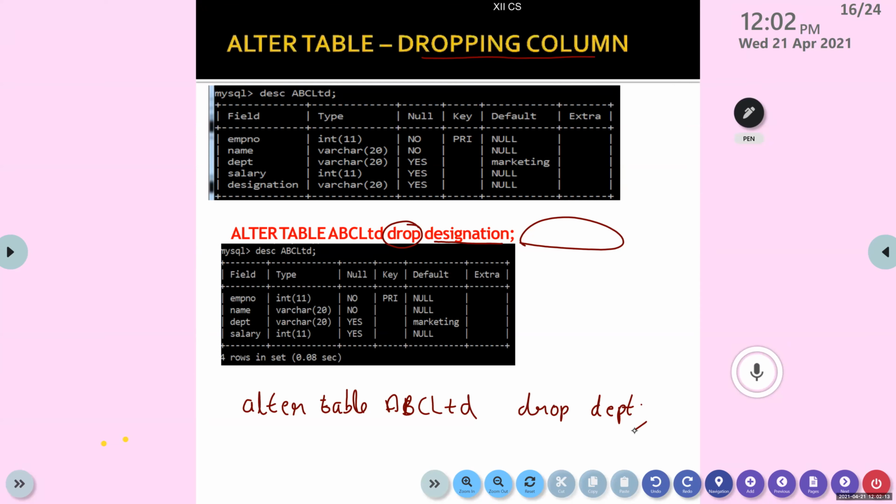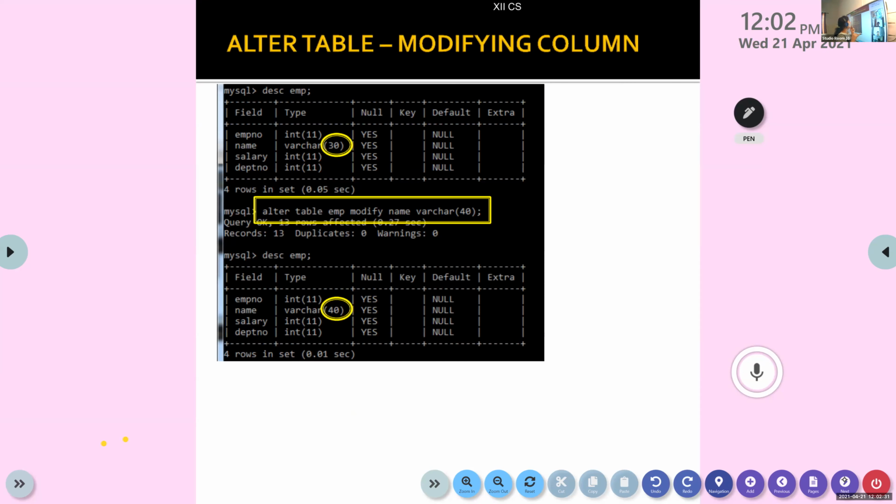So this is how you drop a particular column. Hope it is clear to you. Now we'll move to the next option, modifying a column. While creating the table EMP, the name column was created as varchar 30.